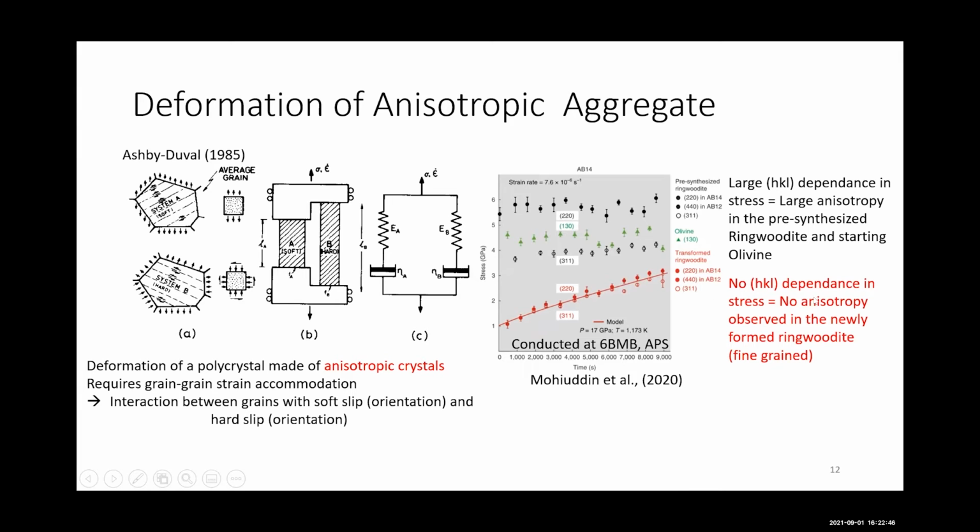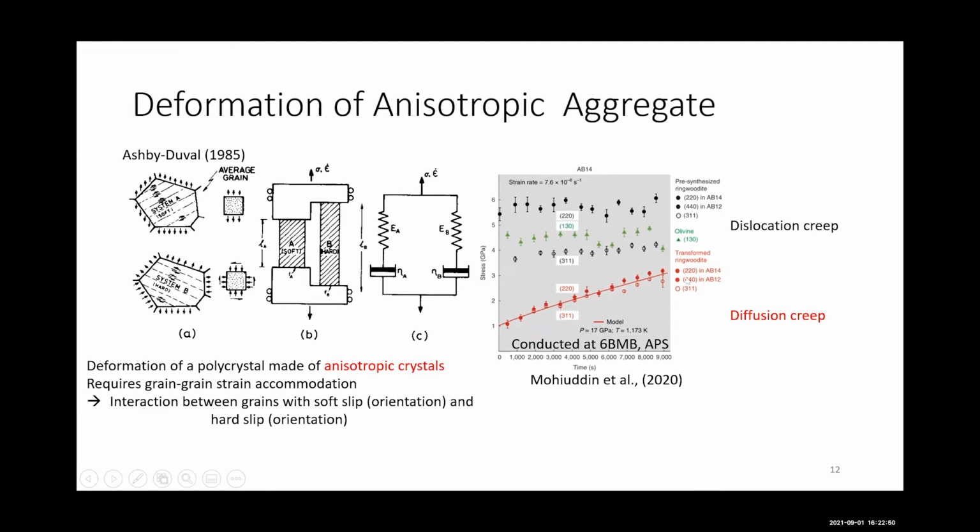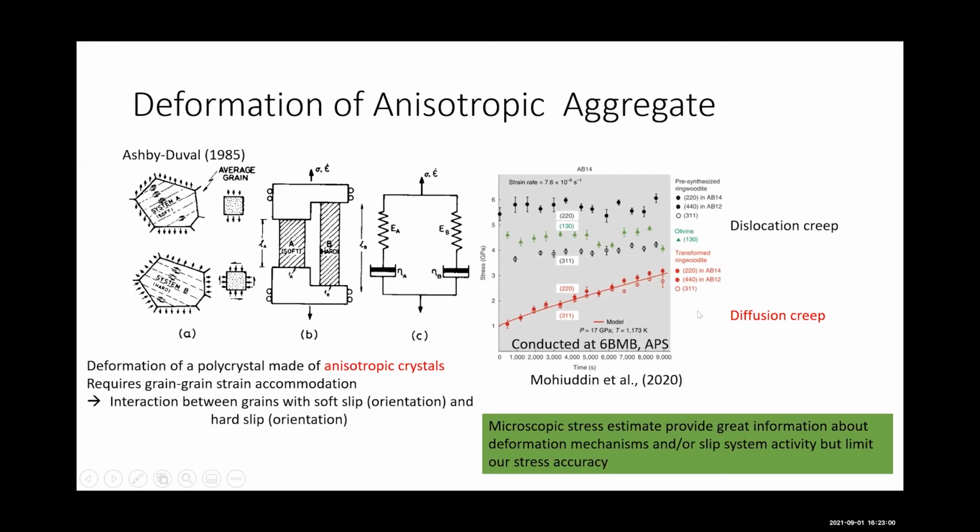And it's essentially because there is no anisotropy in this sample, because the sample is deforming in diffusion creep. Diffusion creep is essentially an isotropic deformation mechanism. So you don't actually see any plastic anisotropy here. So to conclude here, microscopic stress estimates provide great information about deformation mechanism and/or slip system activity within the